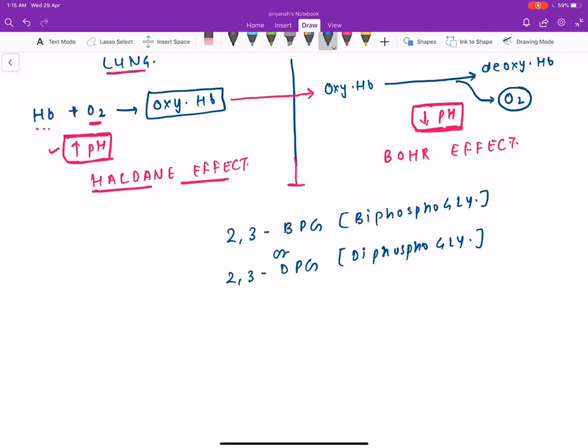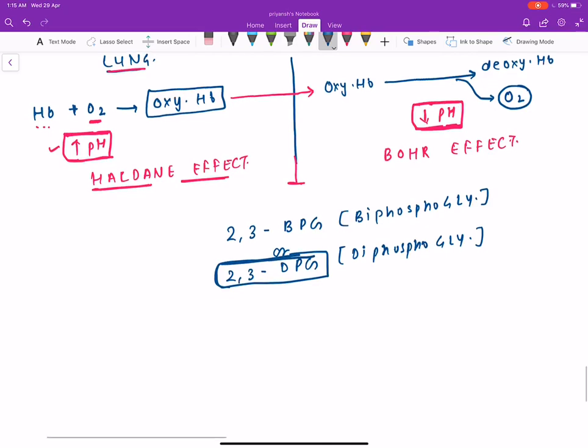Biphosphoglyceraldehyde or diphosphoglyceraldehyde is the same thing. Now this molecule helps in the loading and the unloading of the oxygen. How will it help? See,